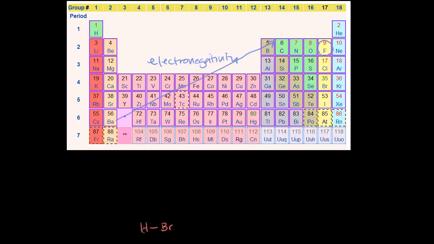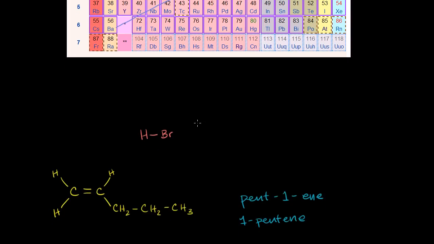So if we think about hydrogen bromide, hydrogen's way up here on the left side of the periodic table. Bromine's all the way to the right. Bromine is much more electronegative. So in this situation, since bromine is more electronegative, it will hog the electrons in this bond. And since it's hogging the electrons in this bond, you'll have a partial negative charge on the bromine end, and you'll have a partial positive charge on the hydrogen